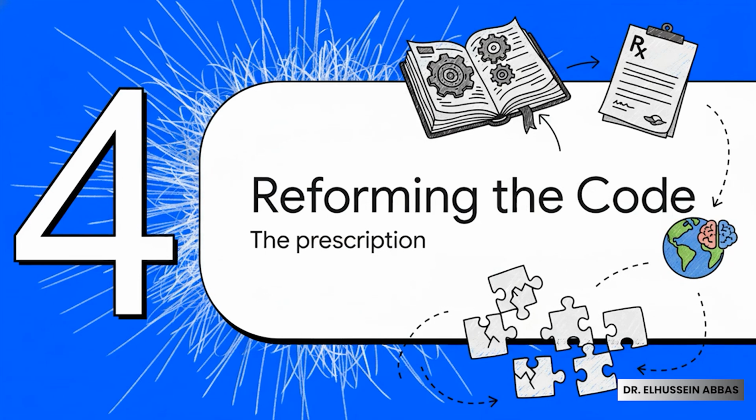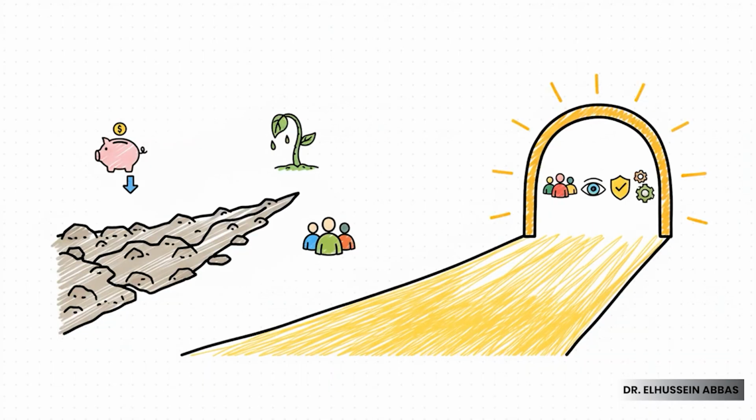So, what we have is a system with some really deep flaws, but also some unique strengths, which brings us to the final and most important question. How do we write the prescription? How do we go about reforming the code? Look, the road ahead is definitely not easy. We're facing threats like funding that's flattening out and just general donor fatigue. But inside that challenge, there is a massive opportunity. The chance to build a system that finally addresses its core weaknesses. A system that's more inclusive, more transparent, more accountable, and way more efficient.